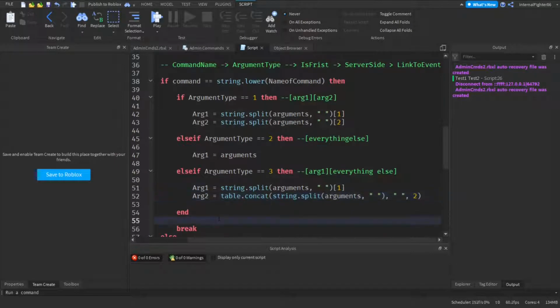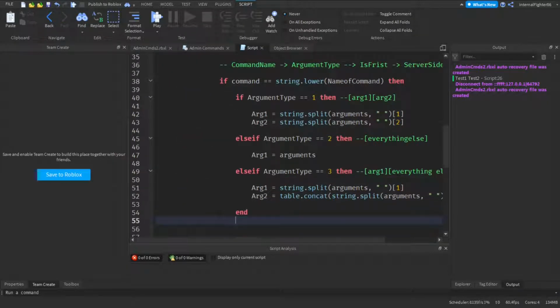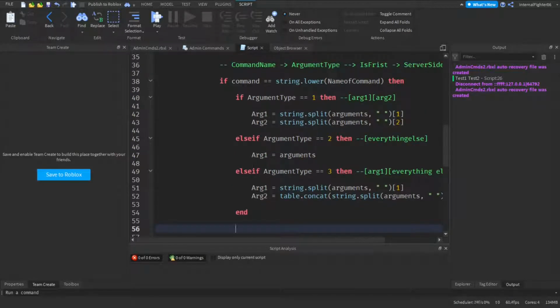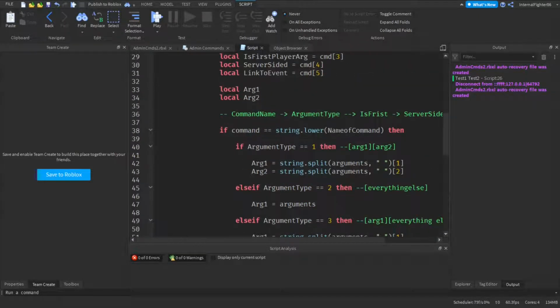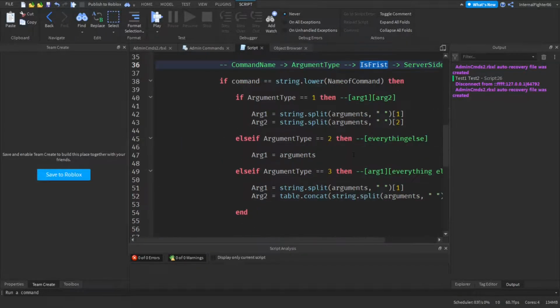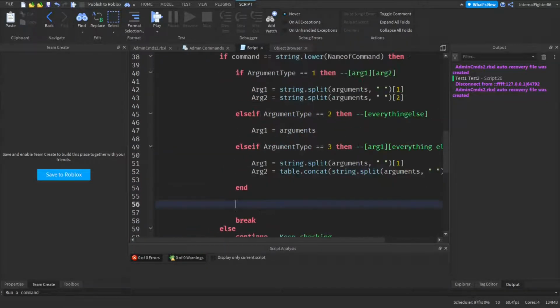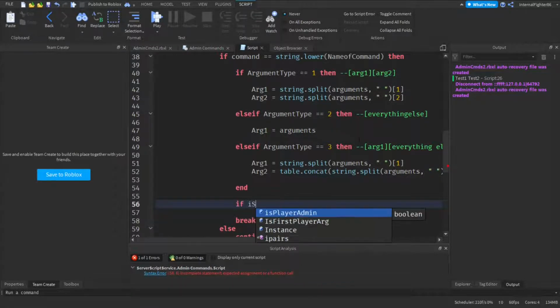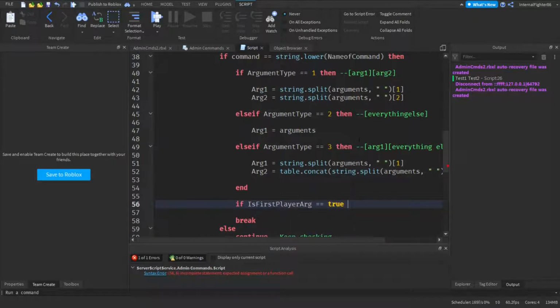Now we leave this if statement, right? We've set our argument type, so we don't need to go deeper, it's useless. So after setting all our arguments, we finish argument type. Now the first thing is first player. So what I'll do for this is, if is first player arg equals true, then